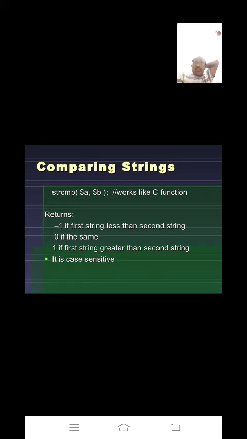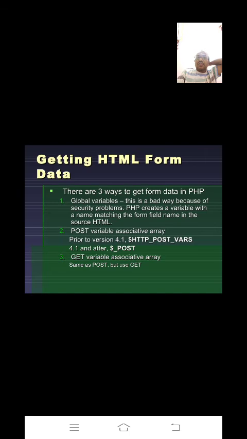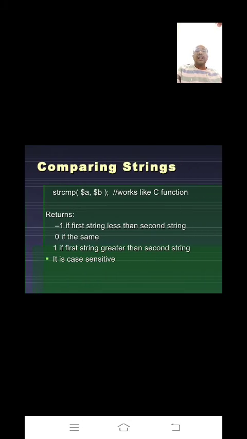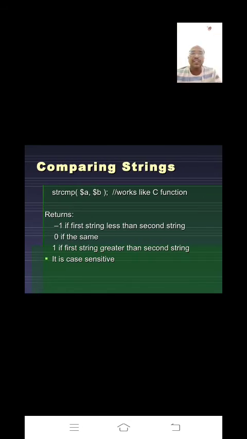Already we have completed how many functions? One is strlen, second is strrev, third is strtolower, fourth is strtoupper, fifth is substr, and the sixth function, see here, is strcmp. Str means string, cmp means comparison, right? So $a comma $b.